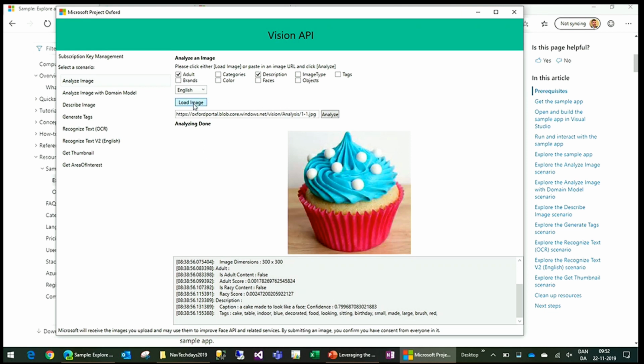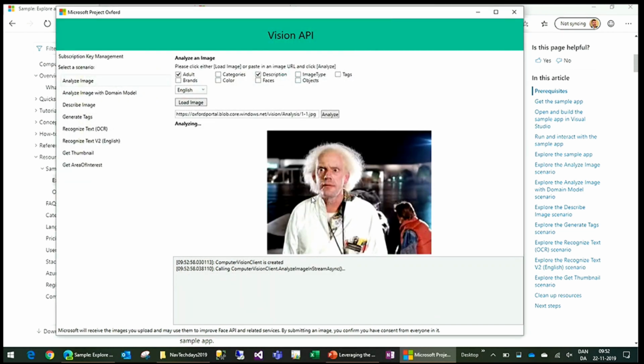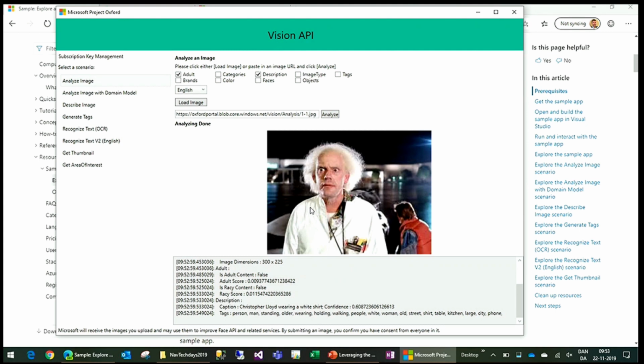If you try to take something else, like a face, here, right? I don't know if you noticed, but it made a call to Azure, and he's certainly not sexy, absolutely not. But you can see here, since he's a known person, it can detect that this is Christopher Lloyd wearing a white shirt, and then apparently find something else. Just to show, there are a lot of different settings you can try out here, and you have the C# code, which is not that difficult to translate into AL if you want to. So I'll go back to